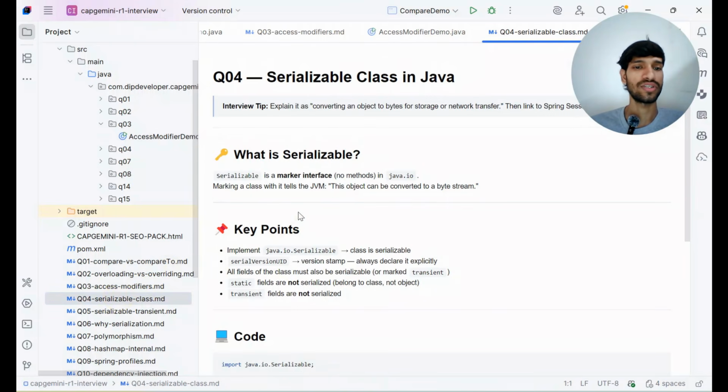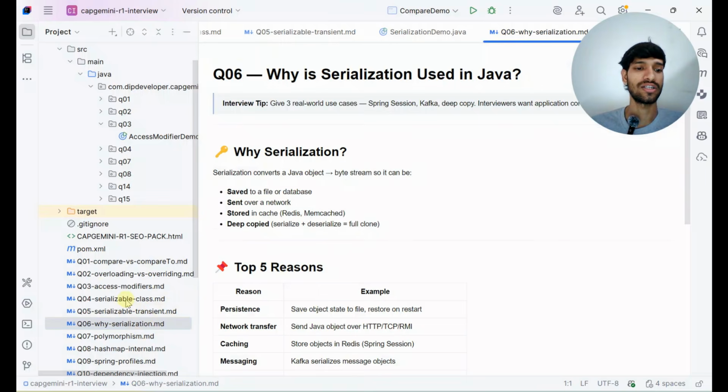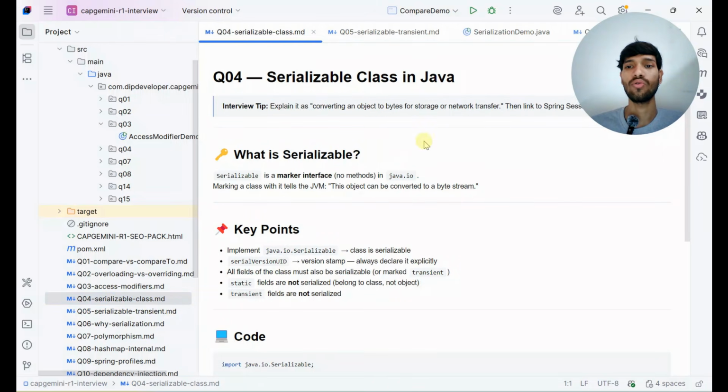Let's go to the next questions. They asked me about serializable and transient keywords, and why serialization is required. So let's go one by one. What is serializable? Serializable is a marker interface. It has no methods, and